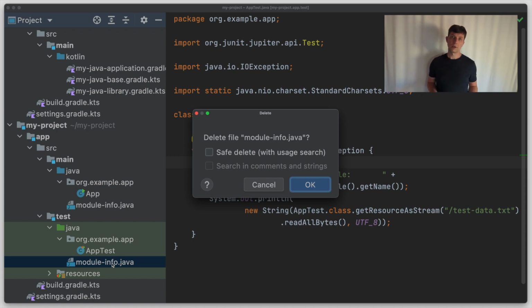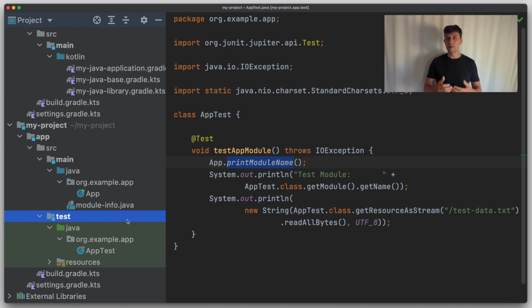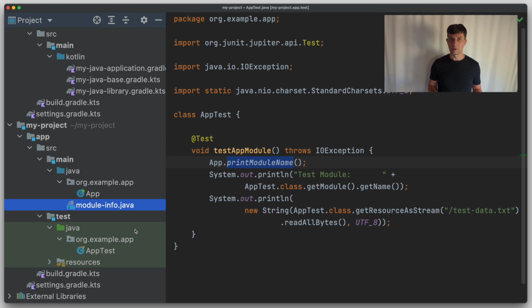Instead, we have to do something that is also referred to as white box testing, which means we somehow open up everything in our production module to our tests, although it normally isn't accessible from anywhere else. To support cases like this, which are usually not recommended for production code, the Java module system supports a concept called module patching. What it means is that you take an existing module that had already been compiled and compile additional classes into the module. So you basically extend an existing module with additional classes that can then see everything inside.